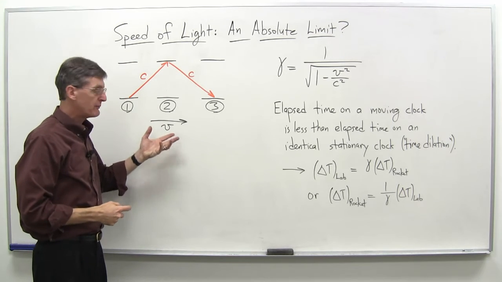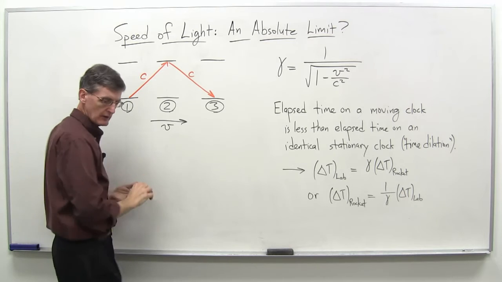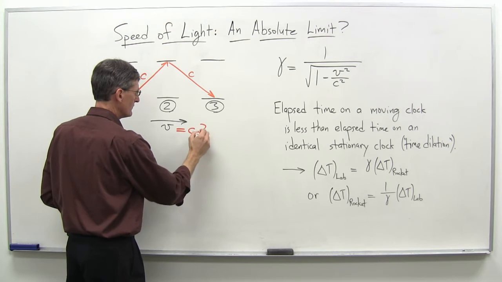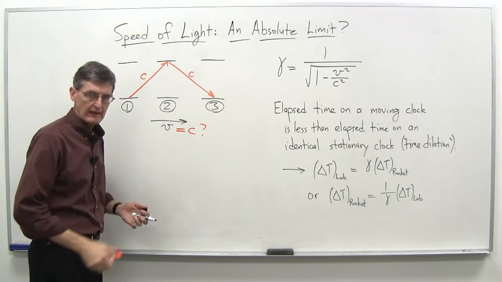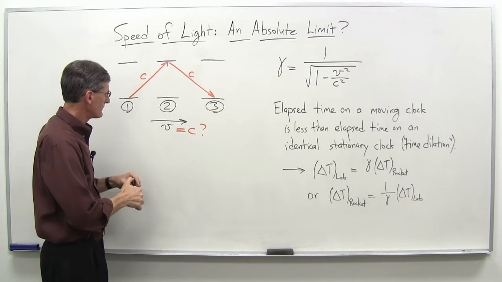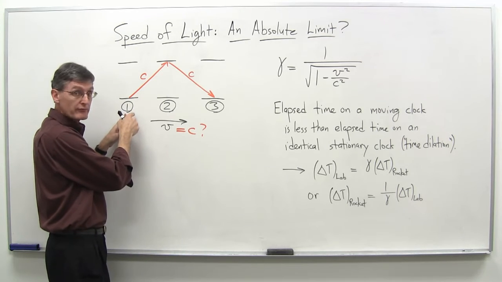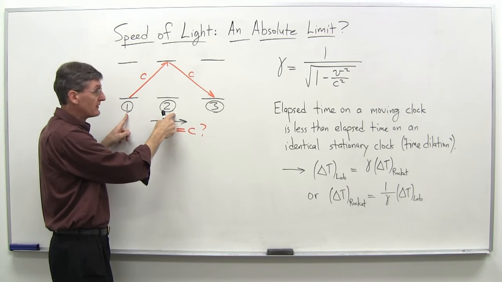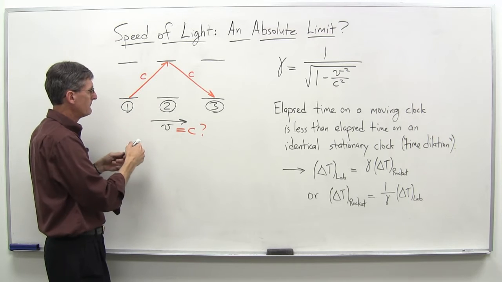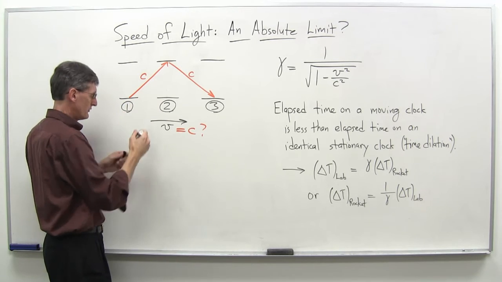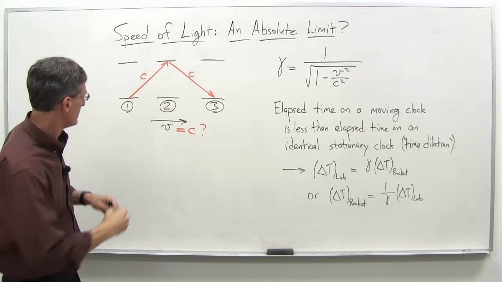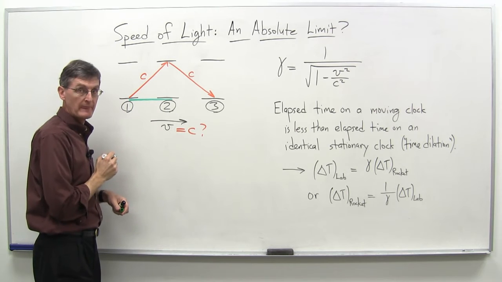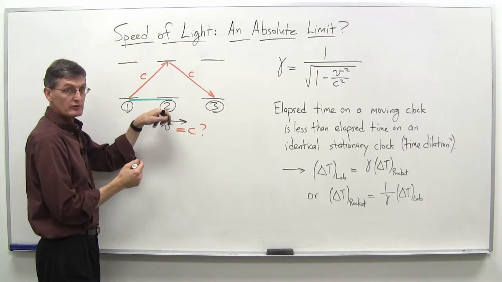Well, think about what happens if v equals c. So if we just do this even in orange here, we'll say v equals c. What happens in that case, sort of geometrically here? Well, that means from 1 to 2 here, his light clock is moving with velocity c. In that amount of time, to move, say, this distance here, green, so in that amount of time it's moved that distance there, to get to this position 2.